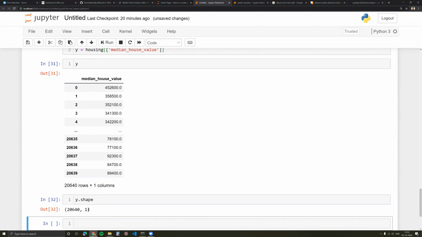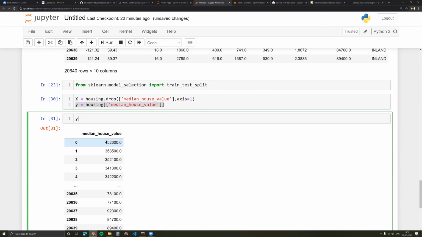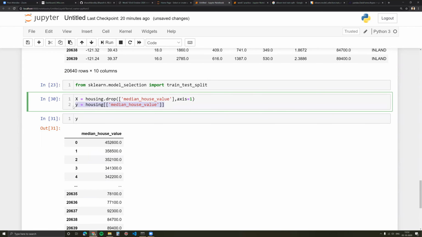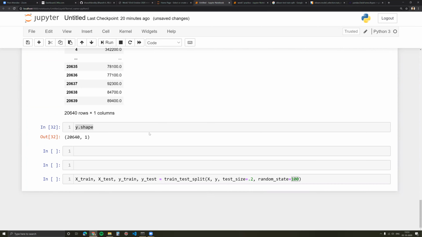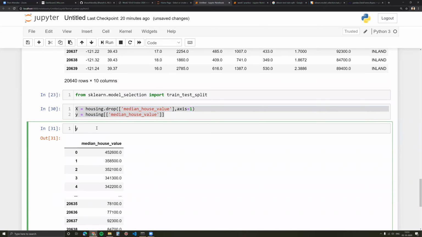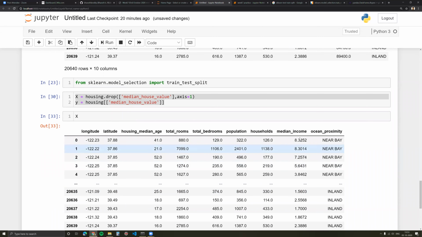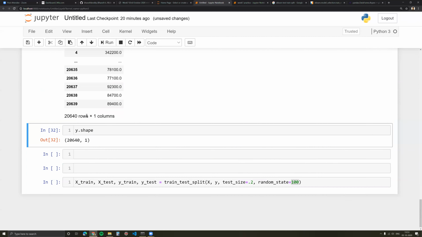It's a data frame. Now 99% of the algorithms you're going to use would do this by itself. They don't care what it is. They would understand what you're trying to do. But this is just a subtle note. There are those old algorithms which still cannot cope up with this difference. So that's why I've just shown you this. Earlier we got around this by reshaping, using dot reshape -1, 1 comma -1. And this is an easier way of doing that. So now we have our X, which is all the predictors or all the features, and we have Y, the predicted or the output.